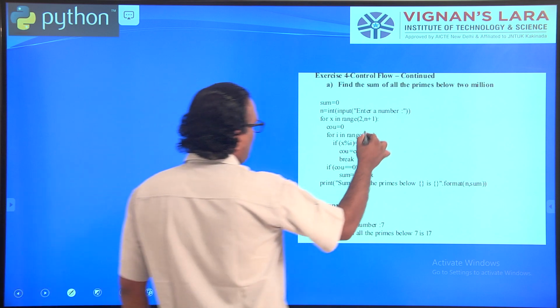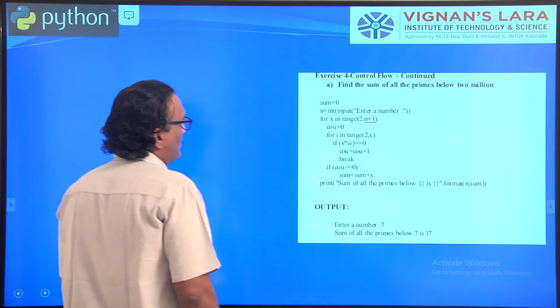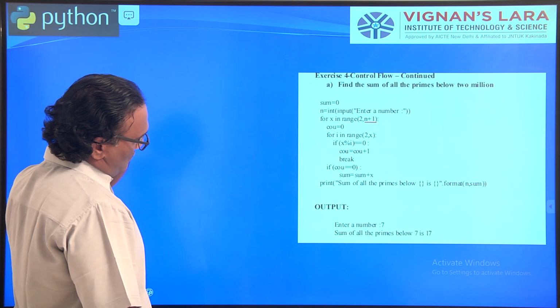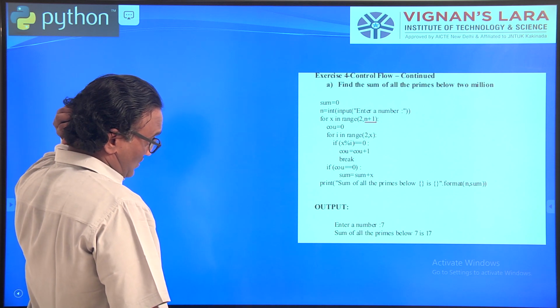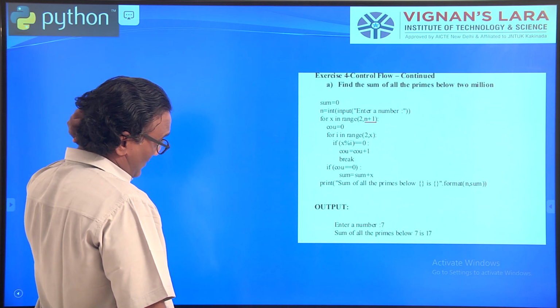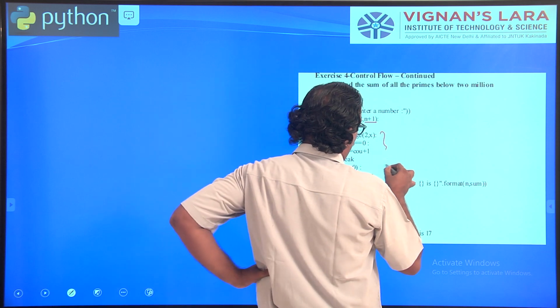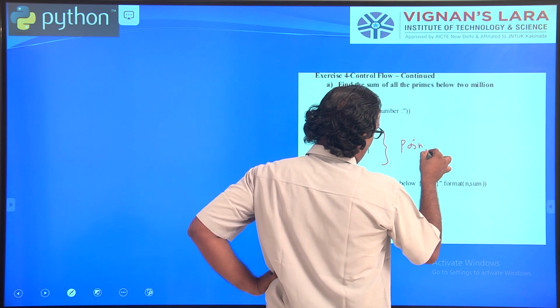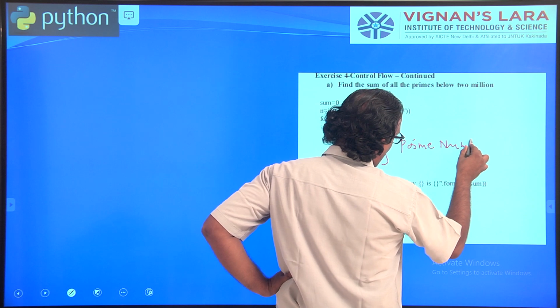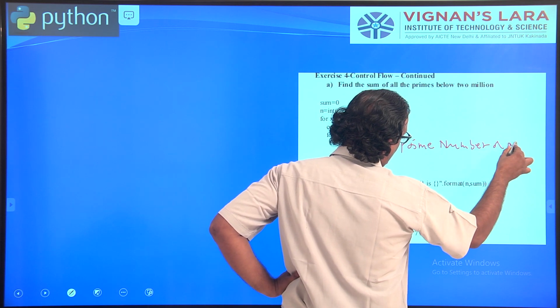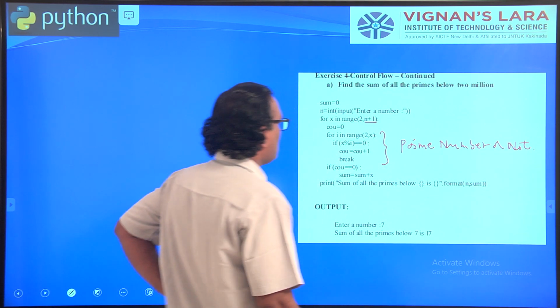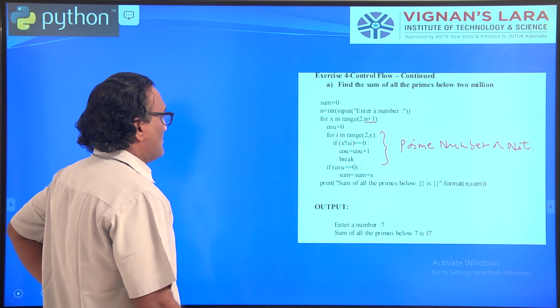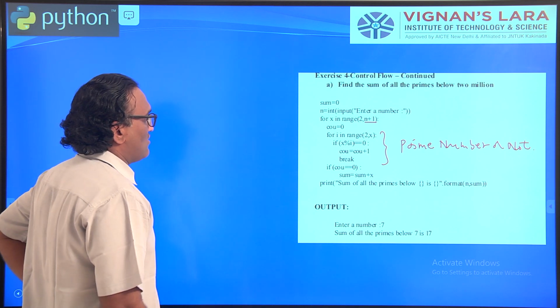Then count equals 0, for i in range of 2 comma x. This checks whether the given number is a prime number or not. Now, if count equals 0, sum is equal to sum plus x. That is to calculate the sum.